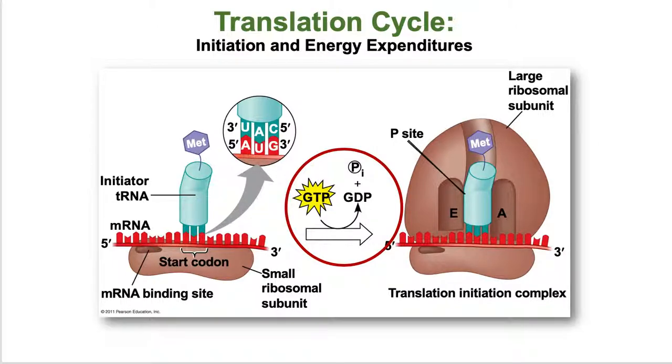And a lot of figures in textbooks just have a random GTP being hydrolyzed as far as energy expenditure, but they don't really talk about what that is. I wanted to go into that a little bit and try to demystify a little bit of that process. We won't go into every single step in detail,